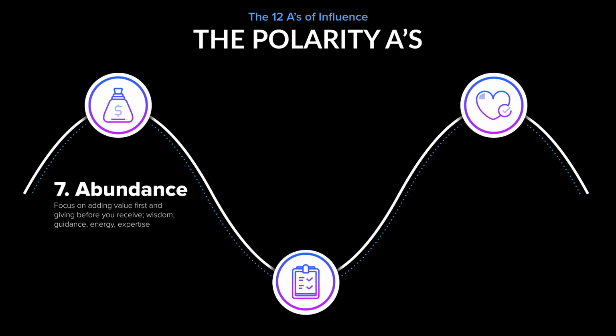Now, there's polarity to the A of abundance because abundance is also paradoxically the A that has scarcity lined into it. So what do I mean by that? How can we have scarcity and abundance simultaneously? Well, when someone's really abundant, they're in demand. They're a valuable person. So we can then assume when someone is really abundant, that abundance is only going to be delivered if it's received.